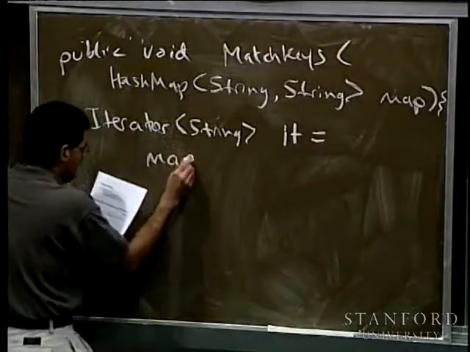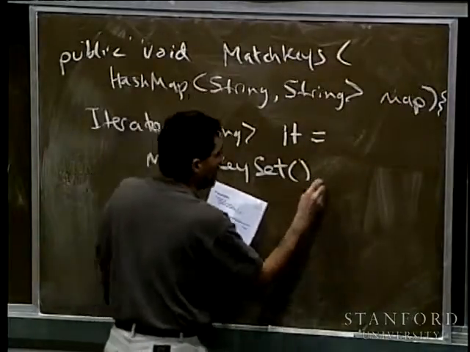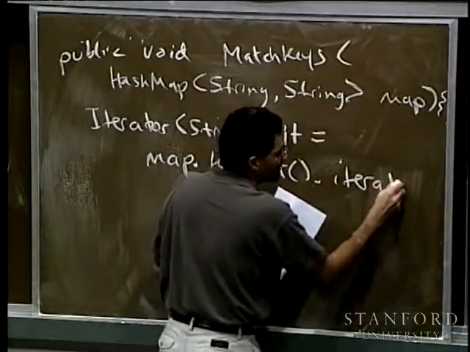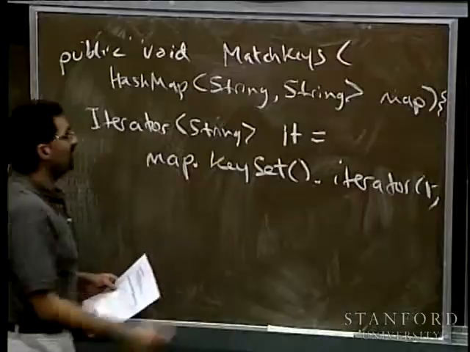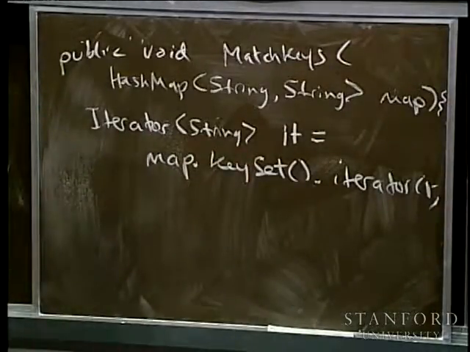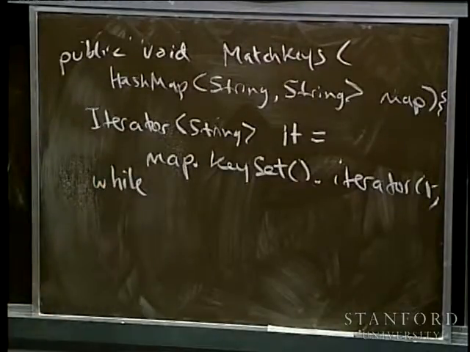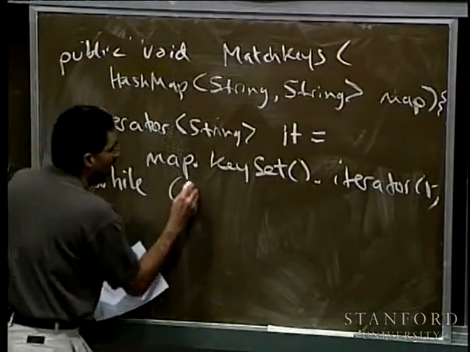So I need to say map.keySet. These are kind of good things to know in the back of your head. Iterator, we sort of string these all together. And so what I now get is an iterator of strings, which are all my keys in the hash map. And now at this point, it's just using my iterator, but in conjunction with some other functions, like while my